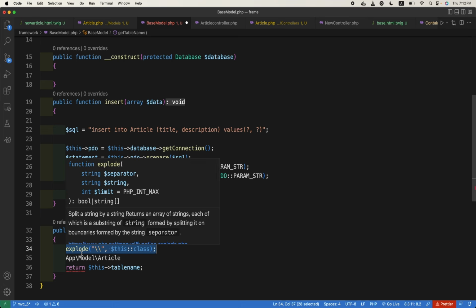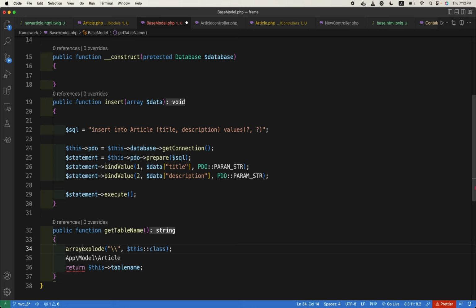last element. So it will be array_pop on this. Now it will return the last element, so it should become the class name, right? Yes, sir. So the class name should be this article, and we will